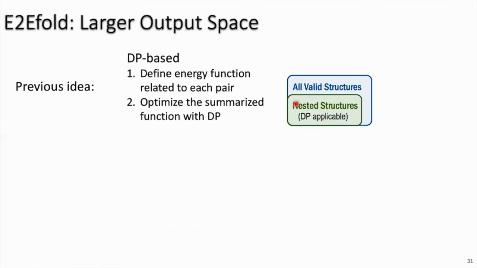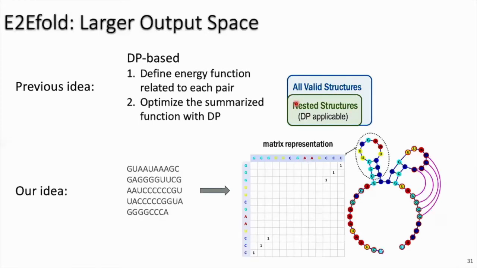So we want to solve this problem from a completely new angle, starting from the problem formulation. Instead of formulating it as an optimization problem, we want to solve it as a translation problem. That is, given the RNA sequence, we want to translate it into a binary contact map matrix, which has a one-to-one mapping against a certain RNA secondary structure pattern. That is, within the RNA secondary structure, if there is a pair between two bases, then at the corresponding position in this binary matrix, we will put 1 in the cell and 0 otherwise.